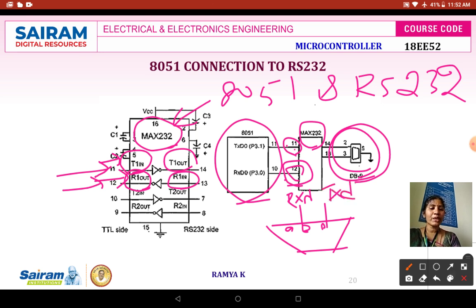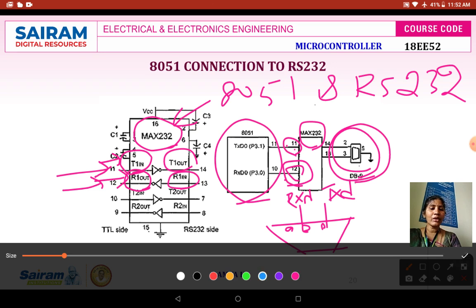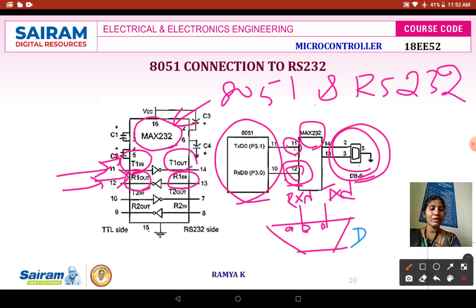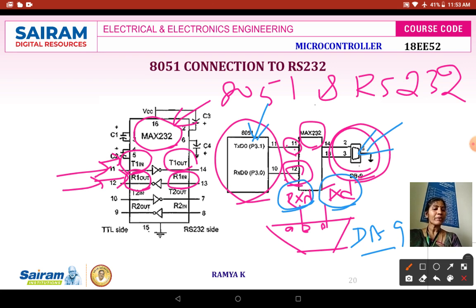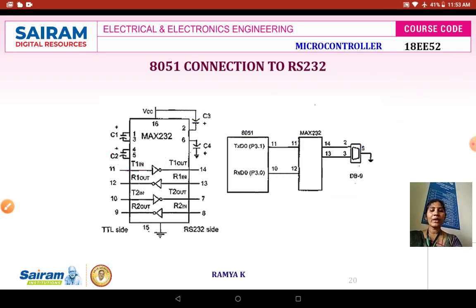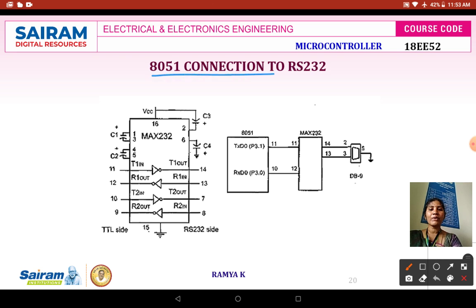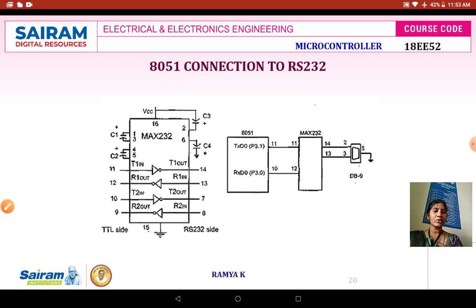Using these two pins available in your DB9 connector, RXD and TXD, we are going to connect them to the MAX232 logic to make the TTL level of RS-232 compatible with 8051 TTL logic. This is how you can establish the physical connection between 8051 and RS-232.